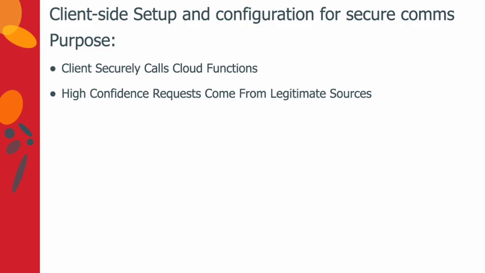What do I mean by legitimate source? Well, your mobile apps, they have an identifier. Your web pages, they have a given URL, right? And we configure that with the attestation server, in this case, reCAPTCHA. And that allows us, when we call into the Firebase function, the Firebase function says, okay, I know that the AppCheck of the Firebase infrastructure verified that this is coming from either an app or mobile app that I've already given the green light to, or a given URL that I've already whitelisted to make requests into the server side